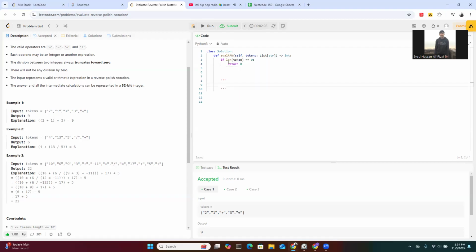But if not, then we go through. So basically, take the first example, because I think that will translate to all of these other examples. We take the first example, 2, 1, plus, 3, and multiplication. What we can do is have another list, list 2. Whenever we hit an operator in the tokens list, first we keep appending